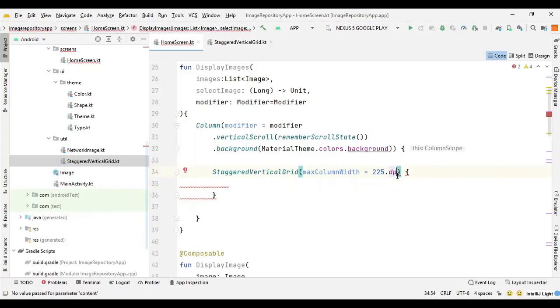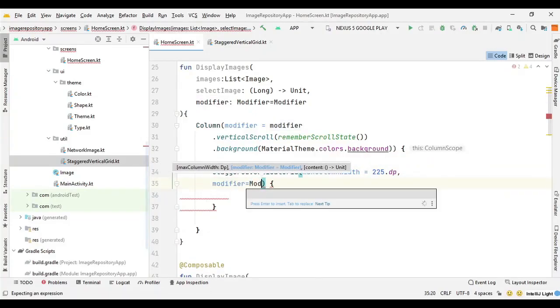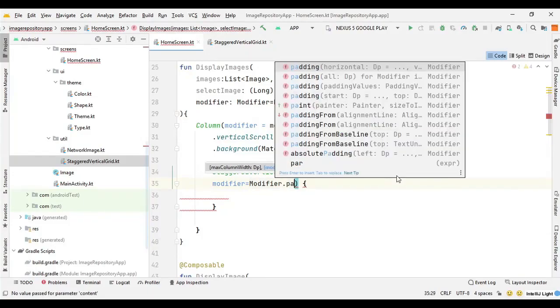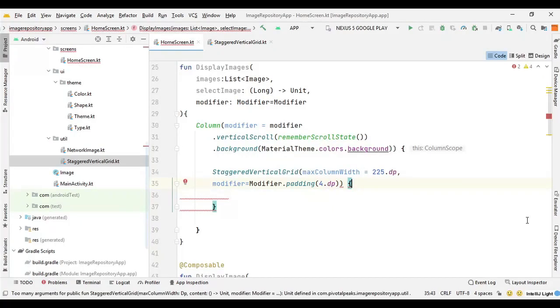and then we need some paddings around. So we can say modifier equal modifier dot padding of 4dp. So it will get the padding of 4dp from all sides. Then we can run a for each collection on the image variable. So we can create a param for single image and then loop the display image function through lambda expression.